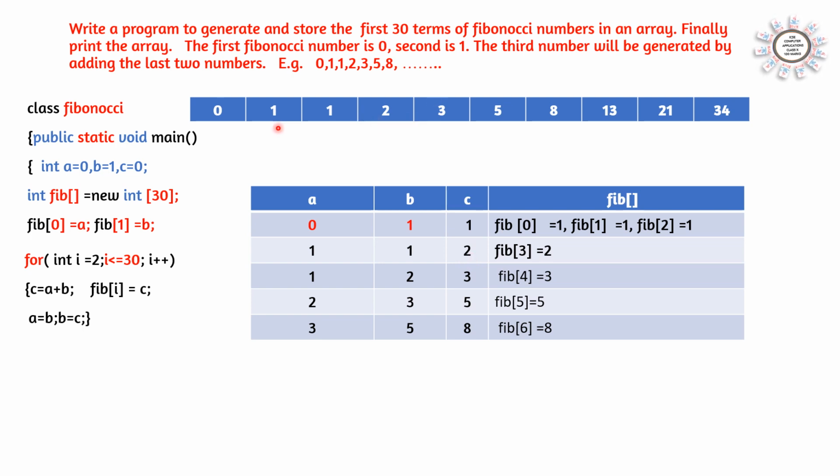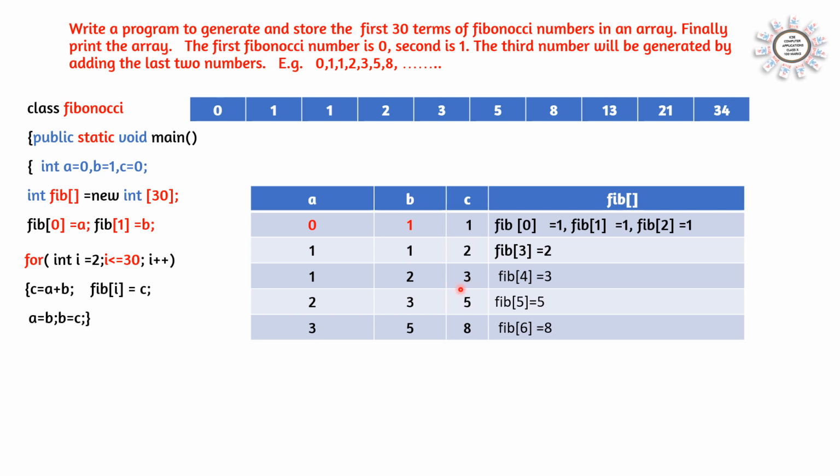And now we don't need this one. We need only these two numbers 1 and 2. 1 is stored in A and 2 is stored in B. So once again we are saying A is equal to B and B is equal to C here. So 1 will come in A and 2 will come in B. A is equal to B and B is equal to C. And then add this one, 3. We got the next number here.